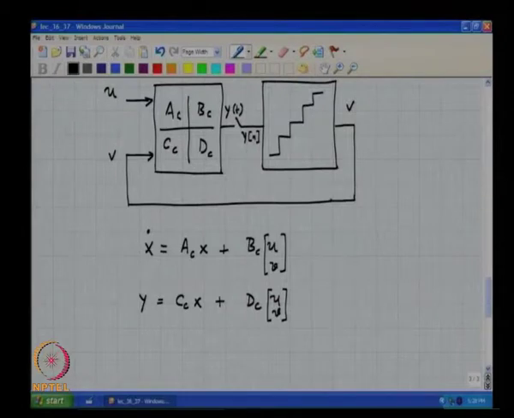Is this clear? Now, the remarks we made with respect to the dimensions of A, B, C and D hold here also. Okay. But one thing we need to be aware of is that the u and the v here are now functions of t. So, to make that explicit, let me